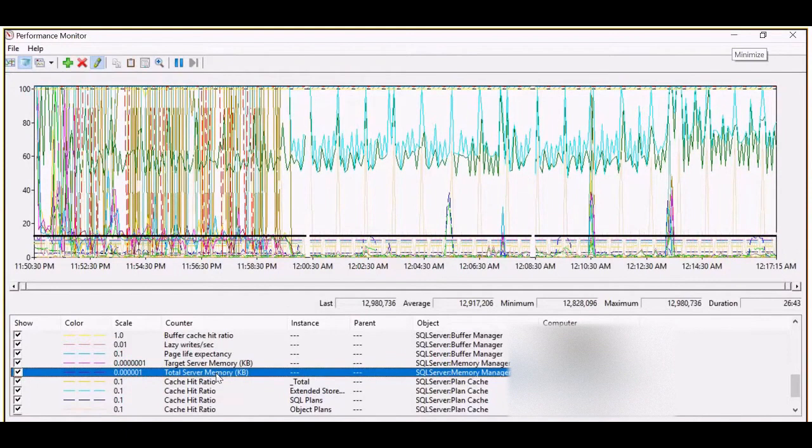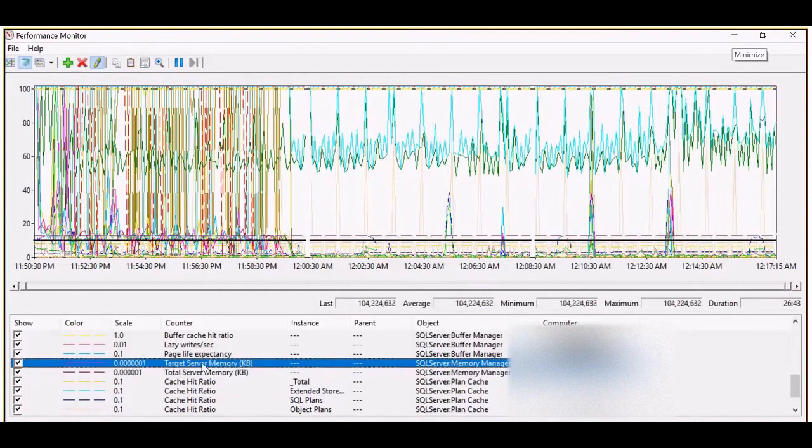Yes. If you see your target server memory bar moving, and it's not a straight line like it is there, then you have a problem, because SQL is probably trying to get more memory than it's been told it has, or doesn't have enough. So it starts trying to take some of Windows'